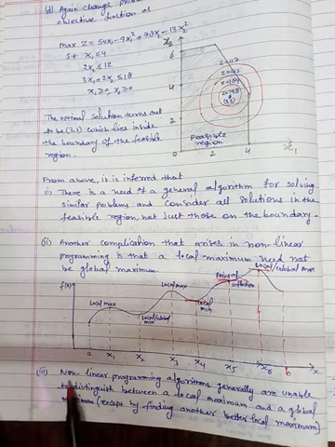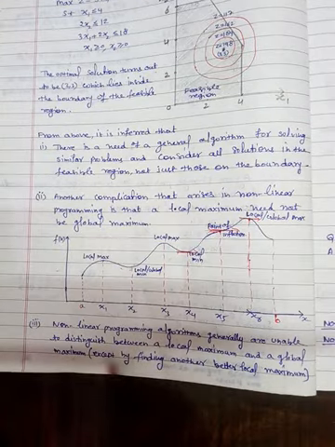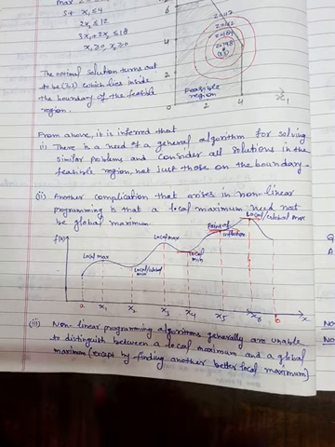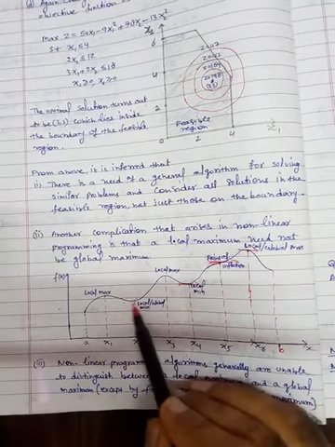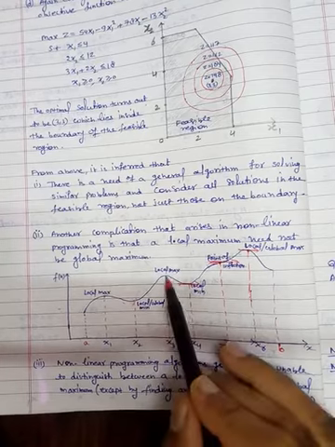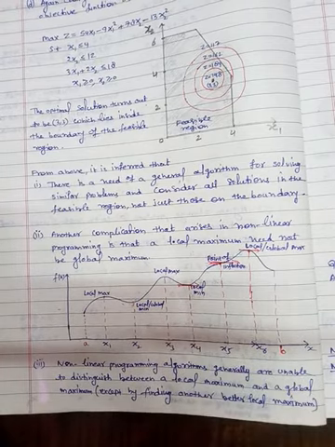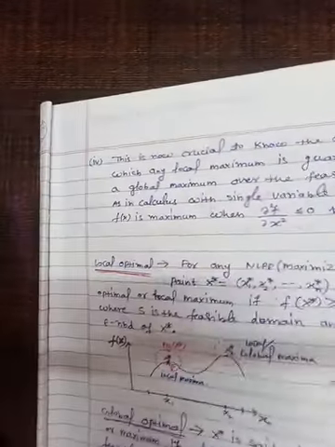Now the third point is that non-linear programming algorithms generally are unable to distinguish between a local maxima or a global maximum. तो नॉन लीनियर में इनका डिस्टिंक्शन भी बहुत मुश्किल है. So except by finding another best, यानी हम बेस्ट तो निकाल सकते हैं. मान लिया for example here we have evaluated the solution, फिर और इससे अच्छा मैं यहाँ मिल गया, फिर और इससे अच्छा मैं यहाँ मिल गया, लेकिन हम ये नहीं कह सकते कि ये ग्लोबल है, ये नहीं हम कह पाएंगे. हमें और अच्छा मिल जाएगा relatively, but this is the global, this is very difficult. Fine, this is the drawback of the non-linear programming problem.